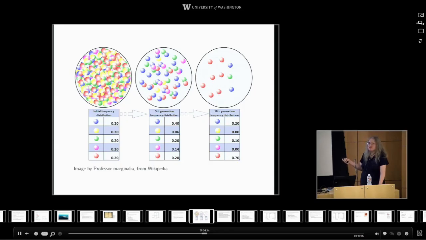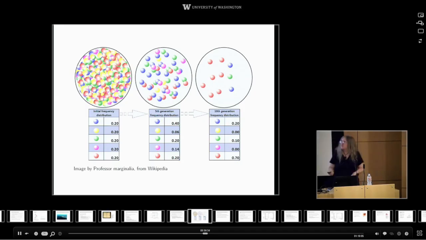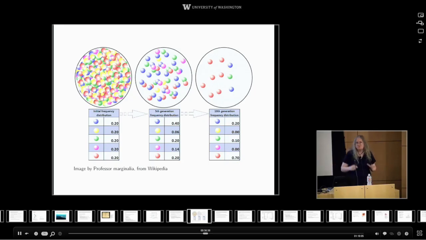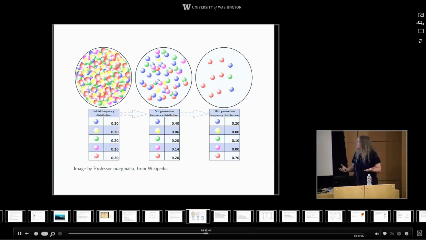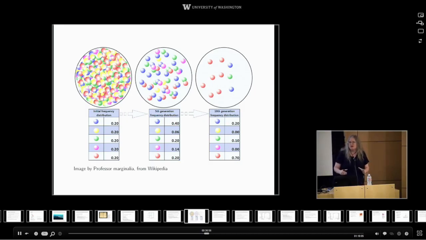As time passes, many of those will be lost if the population remains small. And you'll eventually get down to a much more homogeneous population where most of the genes trace back to recent common ancestors. But this takes a little while. And if you look at whale population sizes and whale generation times, which are long, they're comparable to humans, so it's only a few generations ago that whales stopped being hunted, in fact, you'll see that we would expect whales to still retain a lot of the genetic diversity that they came into the whaling era with. It has not had time to be completely lost.